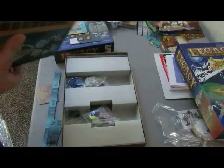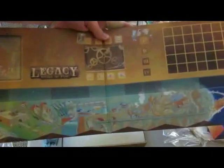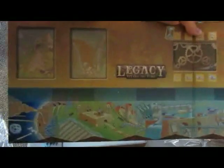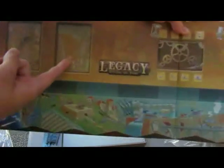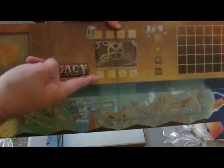Onto the board. This is a newer addition since the Kickstarter campaign. Thanks to everyone, I was able to upgrade the game quite a bit to get us into a full board situation, which is really nice. The artwork panorama, draw and discard piles, the timeline along the bottom. The capacity markers will set right along the timeline as you're playing. The round and turn indicators,